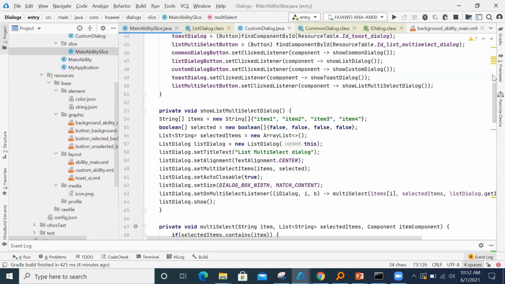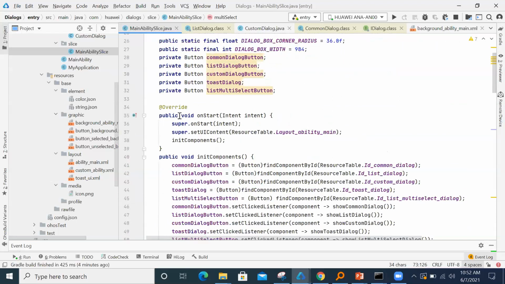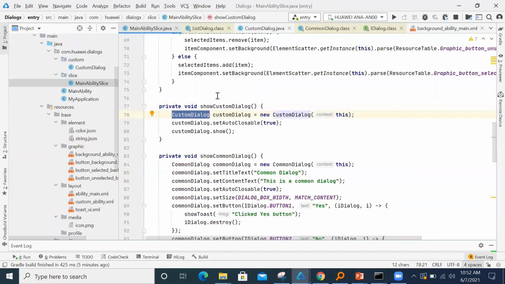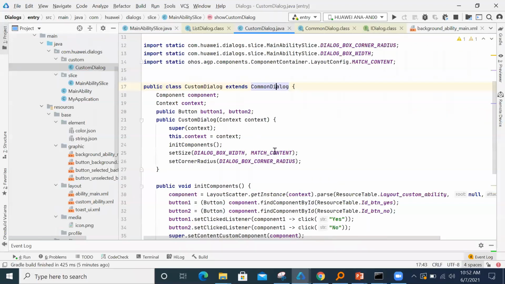Next one is custom dialog. For showing custom dialog, I'll create an instance of this custom dialog. Here I have created a new class, which is called passing in the context. Inside this, I have created this class that is extending common dialog. Then I have mentioned its own layout for this particular dialog.